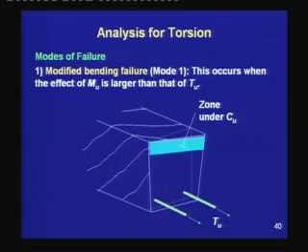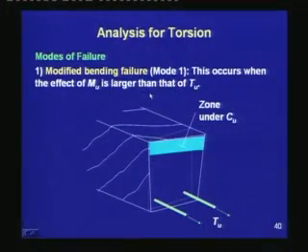As per the skew bending theory, three modes of failure are identified for a reinforced concrete beam under combined flexure and torsion. In the first mode of failure, which is called the modified bending failure and is denoted as mode 1, this occurs when the effect of Mu is larger than that of Tu. Thus, the beam is primarily under flexure, but there has been some amount of torsion which has skewed the plane